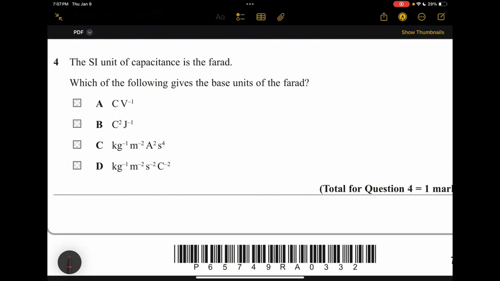The SI unit of capacitance is the farad. Which of the following gives the base units of the farad? So basically they're asking about the base units of capacitance. We know charge is equal to capacitance times voltage, and capacitance is equal to charge divided by voltage. So the SI unit of capacitance is farad, which can be written as F. F is equal to charge